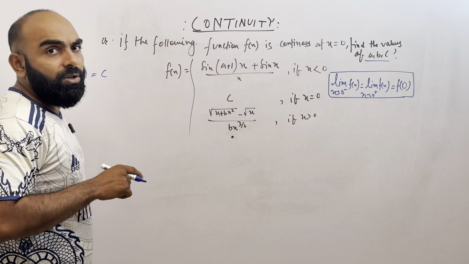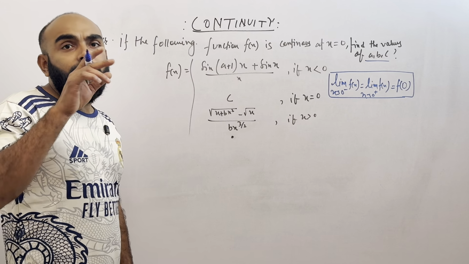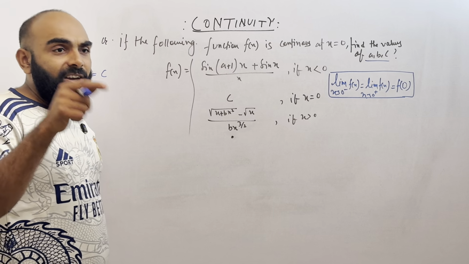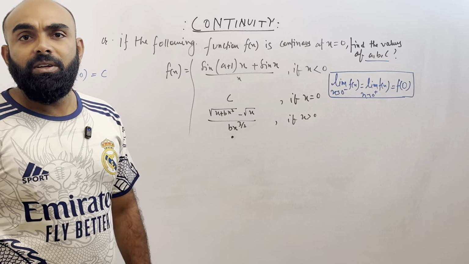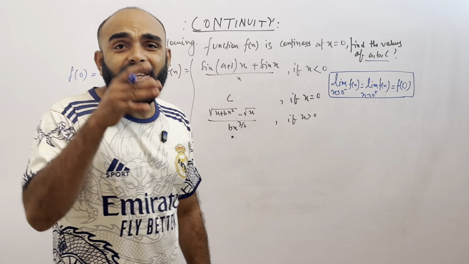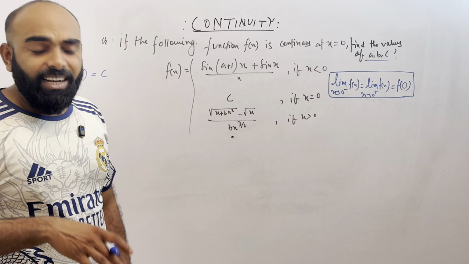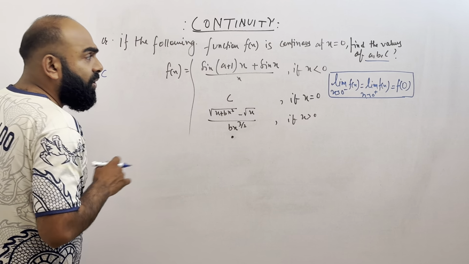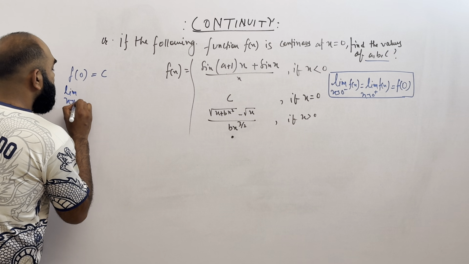These are the unknowns. We have to find the unknowns, so we have to go by the actual method. I have to find the value of limit x tends to 0 minus, I have to find the value of limit x tends to 0 plus, and then equate them to f of 0, since I know the given function is continuous. Clear? Okay, f of 0 value is c, that is your unknown. Let's go for limit x tends to 0 minus